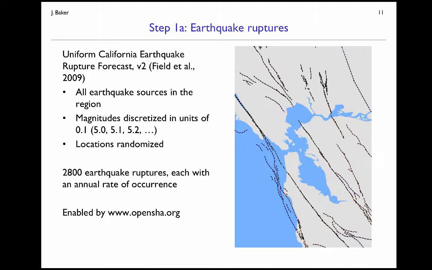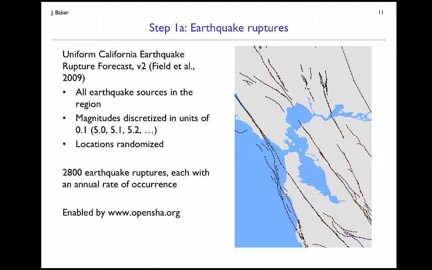So let's back up to step 1. We want to think about ground motion intensity, and we don't want to consider just a single scenario earthquake without considering its likelihood. So what we do is we consider the full suite of possible earthquakes in the region, and that includes a range of faults on which those earthquakes occur. Here shown in black are maps of surface projections of all the faults in the region. Each of those faults can produce earthquakes of varying magnitudes, so we range from as small as 5, thinking about that being the smallest earthquake of engineering importance for us, up to as large a magnitude as the fault can produce, up to the neighborhood of magnitude 8 for the San Andreas northern segment here.